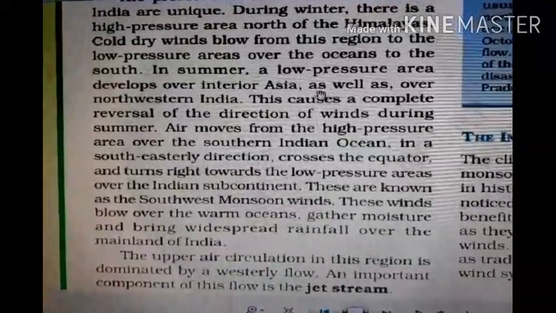In summer, a low pressure area develops over interior Asia. Just the opposite in the summer season, the low pressure area develops near the interior parts of India, and high pressure on the sea area. As well as over the northern hemisphere, this causes a complete reversal of the direction of the wind. So, in the summer season the winds move from the southern, coastal parts of India to the inner part of India, and in winter winds move from the Himalaya regions to the coastal parts of